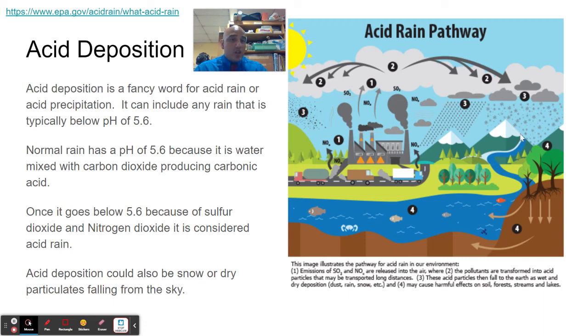It could come down as snow, and as that snow melts, it's going to go through the river and eventually into a waterway. So that river is being affected by that acid deposition, as well as the trees. And so if it becomes too acidic, you might go below the threshold of where these fish can live, or the threshold of what trees can live as well.